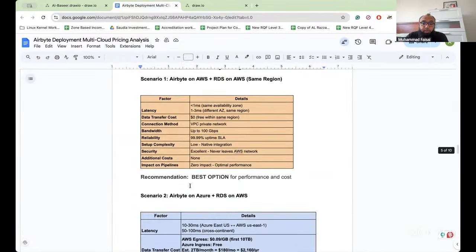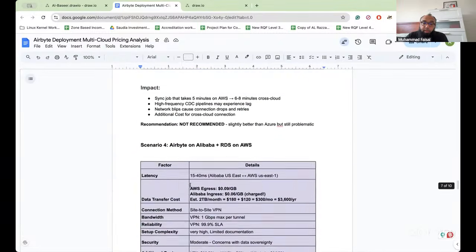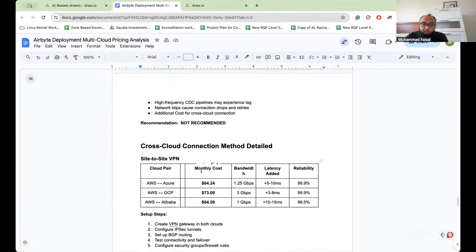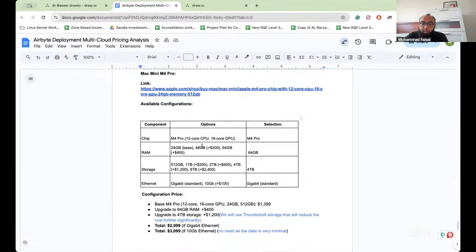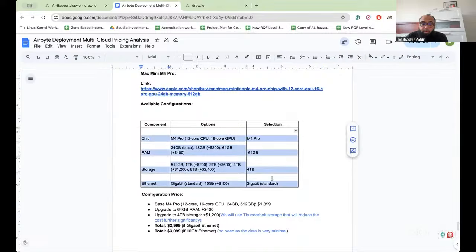So we're building up on what? We are building up everything on M4 architecture. This is our M4 architecture. We are building everything on top of M4, right? Because these are reliable machines which keep on working.